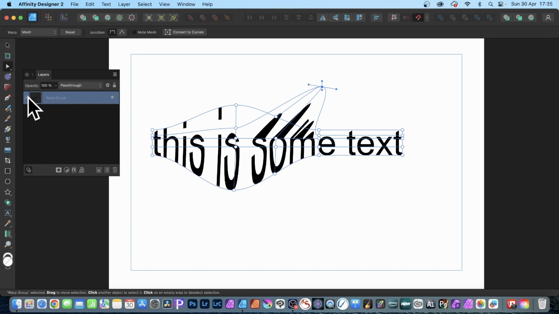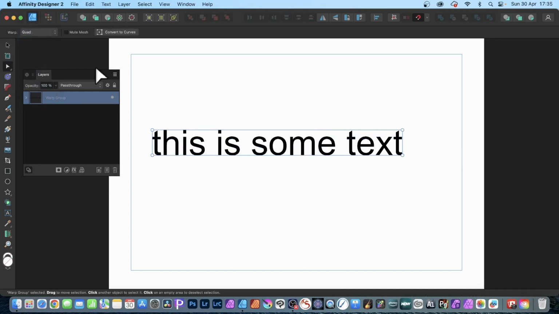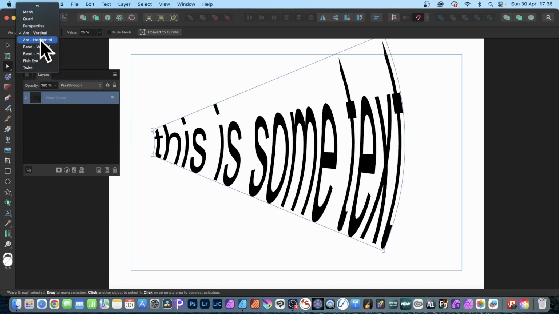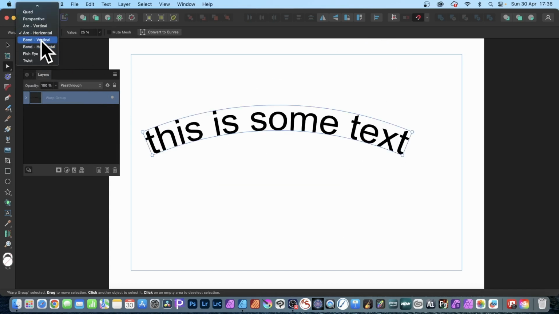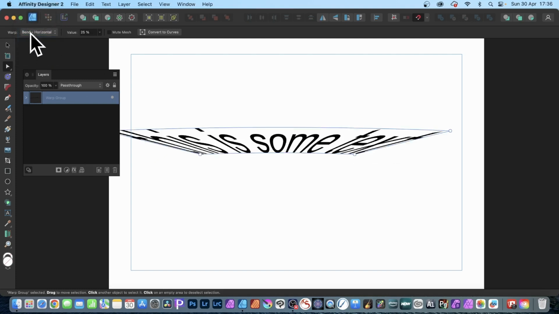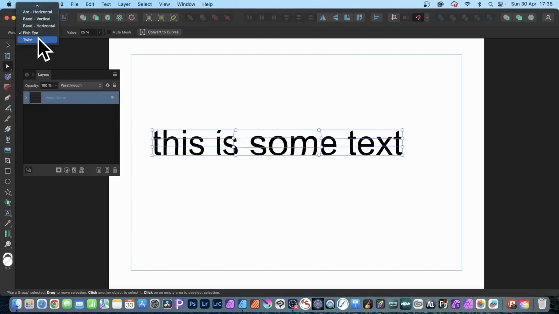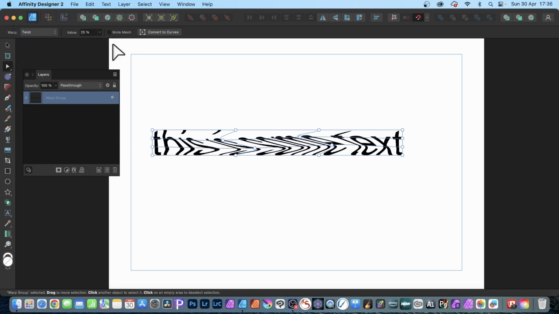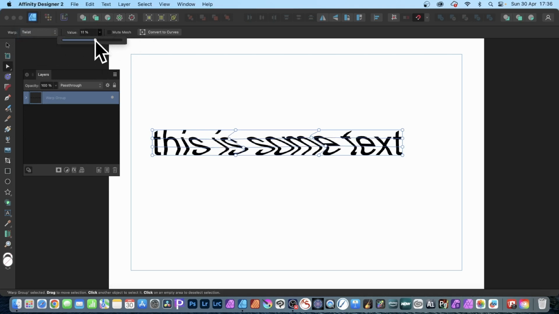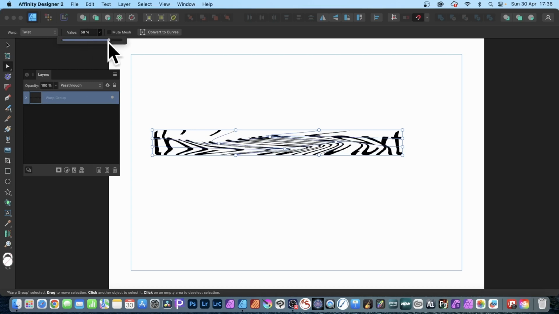As long as you've got the warp group selected, you can then go up here and you can go for quad and it will put it back to the quad setting. Also perspective, also down to arc, also arc horizontal, bend horizontal, fisheye, as well as twist. Now you'll notice some of them, you will see this value appear. And you can modify that value, so you can just change it, just backwards and forwards, and it creates a